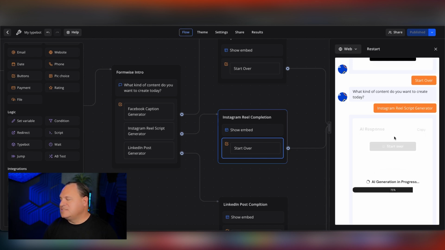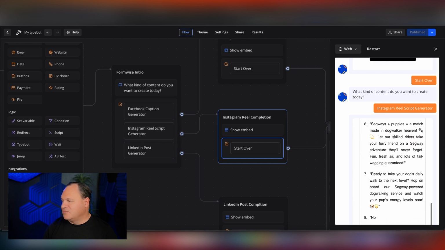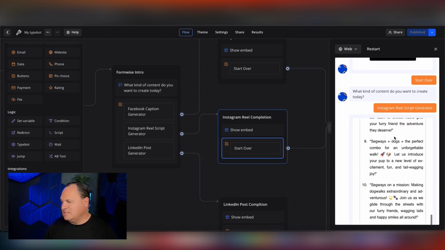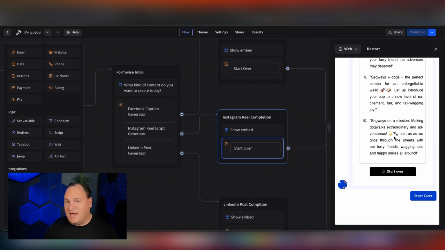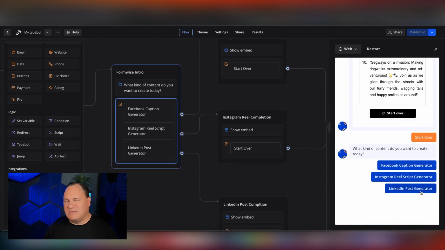And you're going to see within a matter of minutes, I've actually created 3 pieces of unique content using OpenAI within a chatbot that is interactive. I don't know about you, but that's pretty cool. And I did it in just a matter of minutes using these particular tools. Now, this is obviously a very simple chatbot, but this could be incredibly creative, meaning that you could, within FormWise,